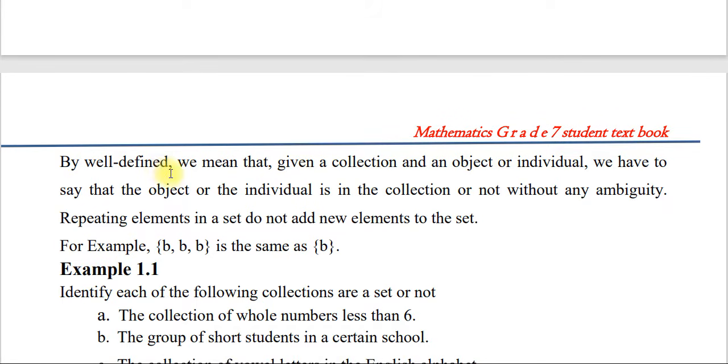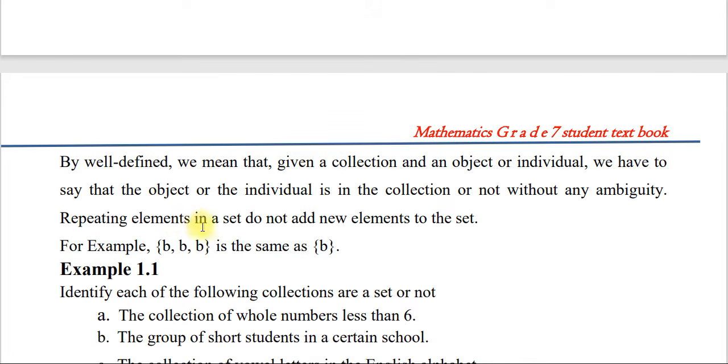By well defined we mean that given a collection of objects or individuals we have to say that the object or the individual is in the collection or not without any ambiguity. Look, well defined ስንል እንግዲህ ያ ኦብጀክት ወይም ያ ኢንዲቪዥዋል ambiguity ሊፈጥር የማይችል በውል የታወቀ ማለት ነው። ለምሳሌ አንድን የቤተሰብ ሜምበር ብንወስድ well defined ነው። ምን ያክል ቤተሰብ እንዳለ ይታወቃል። ambiguity ወይም ብዥታ አይፈጥርም ማለት ነው። ወይም አወዛጋቢ አይደለም ማለት ነው well defined ስንል። ስለዚህ ሴት ምን መሆን መቻል አለበት? well defined collection of objects መሆን መቻል አለበት ማለት ነው።